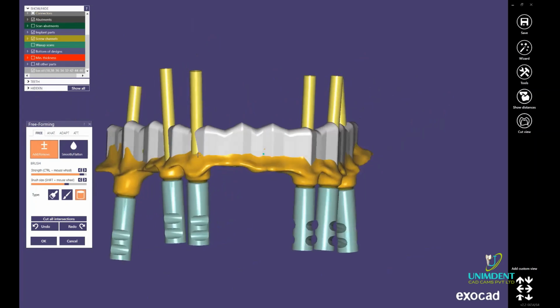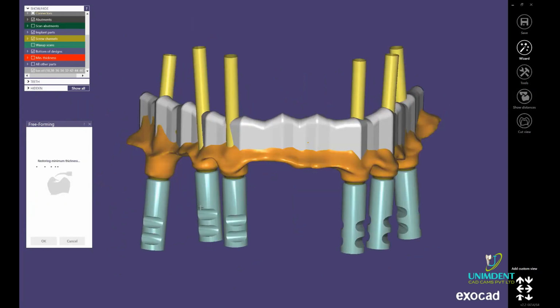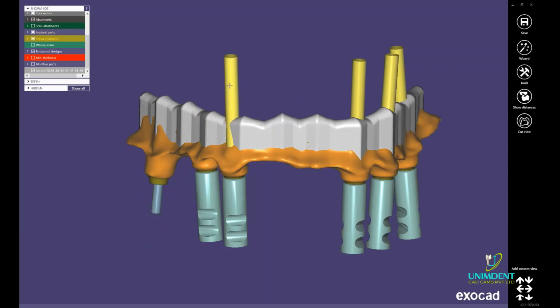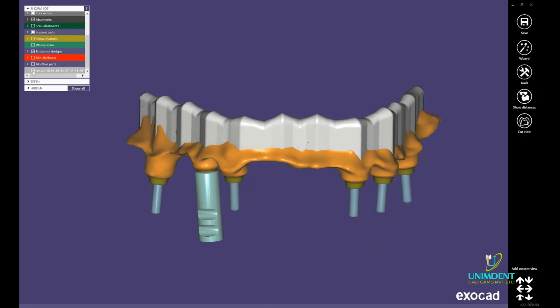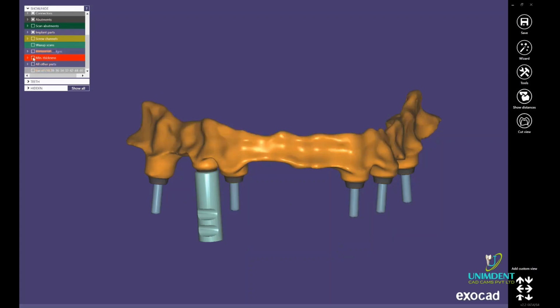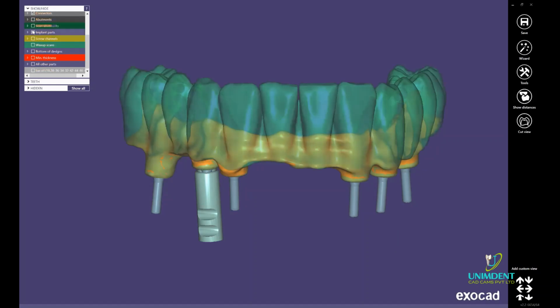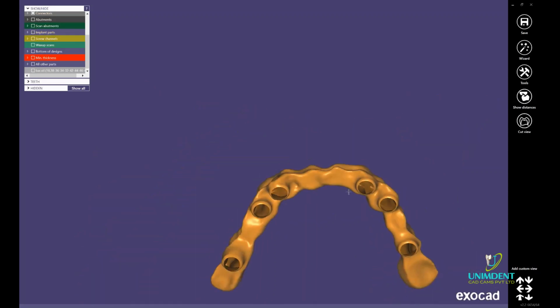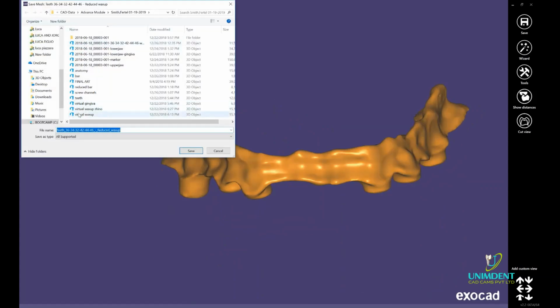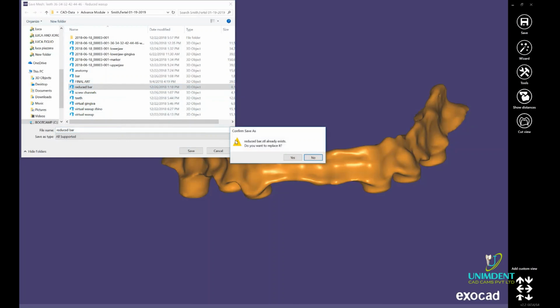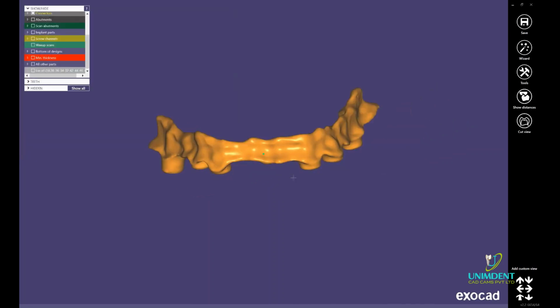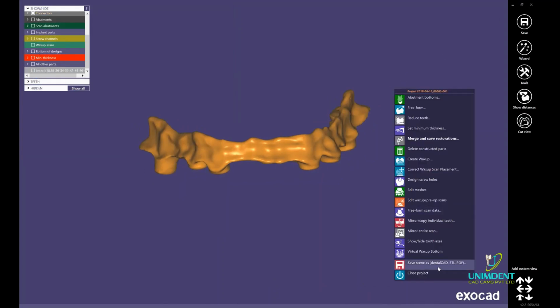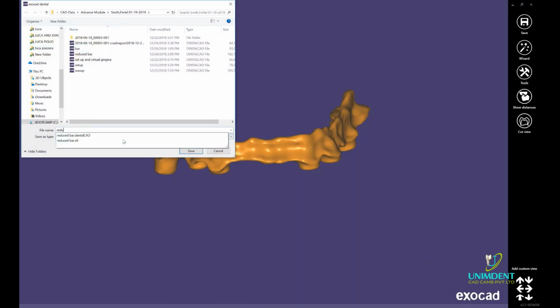So then remember again, at this point what we want to do is take off all the parts that we don't need. So we can go bar, this one, abutment, no, this one, yes, I need 2, 3, 6. Okay, and we want to keep just the reduce bar. We click on it to file, double click on the reduce bar, which is the old one, and we replace with the new one. Okay, so at this point we can save the shape as well, and we can call it reduced bar 2, or better